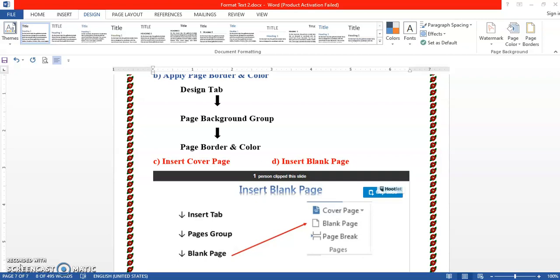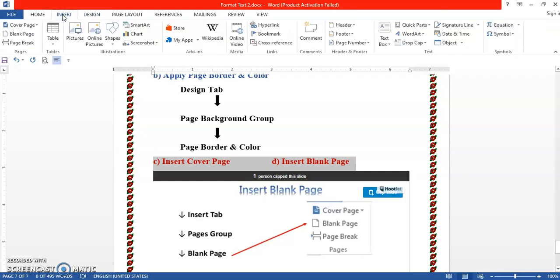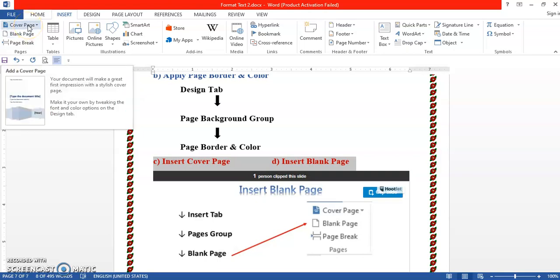The next two commands of this lecture are Insert Cover Page and Insert Blank Page. Blank Page is simple: if you want any blank page inside the pages of your document, how can we insert it? Just click at the Insert tab, here the Pages group, and we have the Blank Page option over here. It will simply add a blank page. Then comes the Cover Page. It is an option in the same group in the Insert tab, Pages group. When we click on it,